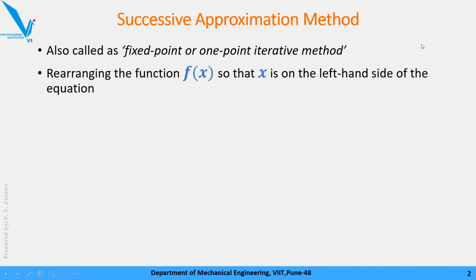The first task in the SAM is, we know that a problem statement will consist of some function of x, and we will have this x as a process parameter or design parameter. Our ultimate aim here is to get a root of this function, meaning get a value of x such that the function of x becomes 0. Okay, so step number 1 in the successive approximation method, from this f of x, rearrange this function such that x is on the left hand side.